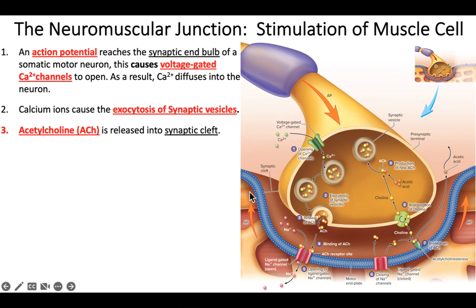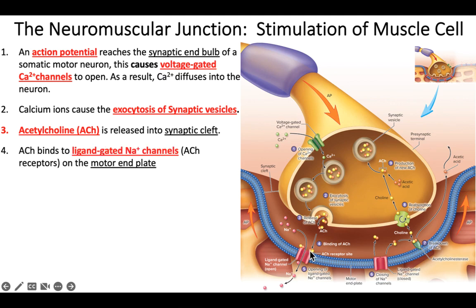All right, so it gets released from the neuron. It has to attach to a receptor on the muscle cell. All right, so this is the acetylcholine receptor. So it has to travel across this little gap. This little gap is called the synaptic cleft. Cleft is a gap. All right, so it crosses that little gap or cleft, attaches to the receptor,